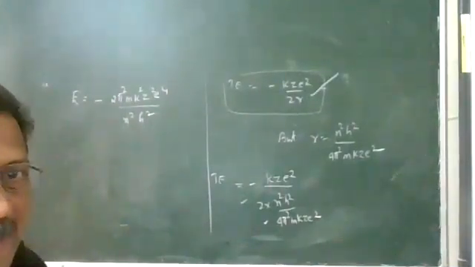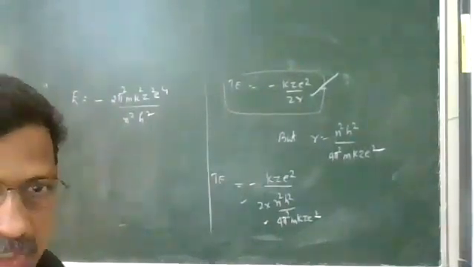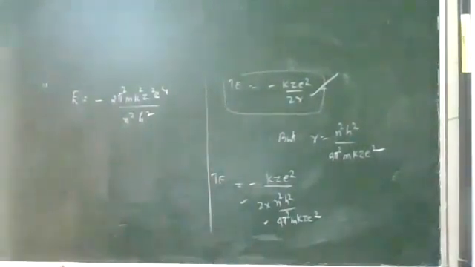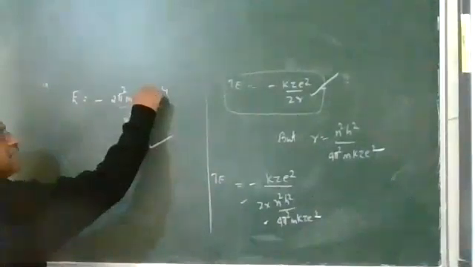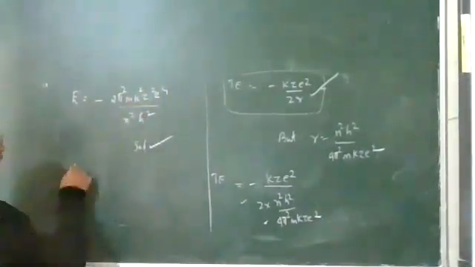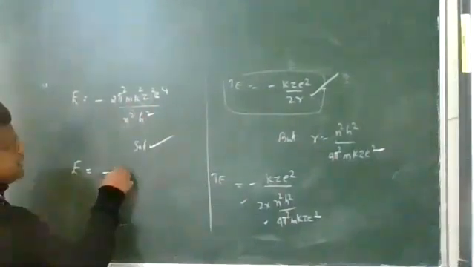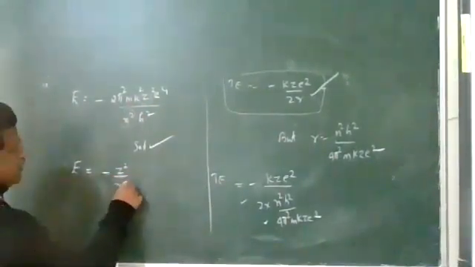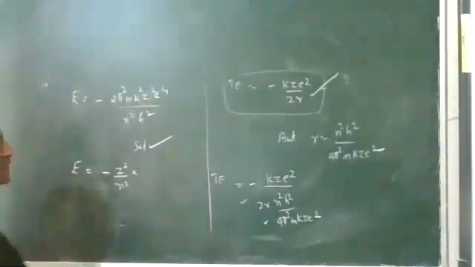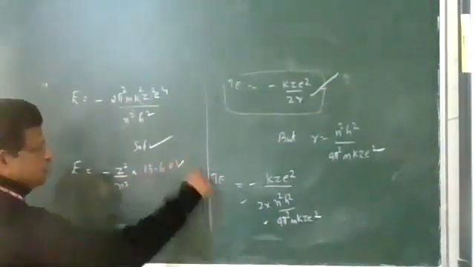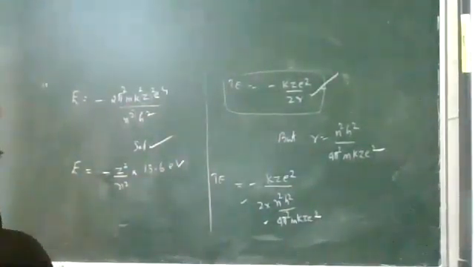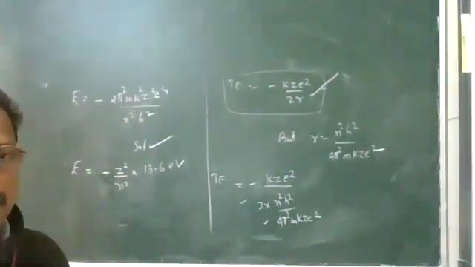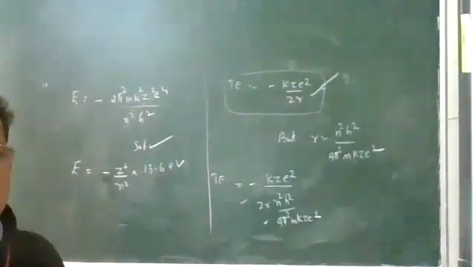You will have to remember this equation. Except for the variables, the variables here are Z and n square. Except for that, the rest are all constants. You can substitute the constants. Substituting the values of all the constants, leaving Z and n square, energy is negative: minus Z square divided by n square. Calculate all this value, and we get 13.6 electron volt, converting to electron volt. Here again is the last equation to learn: E equal to minus Z square upon n square into 13.6 electron volt.